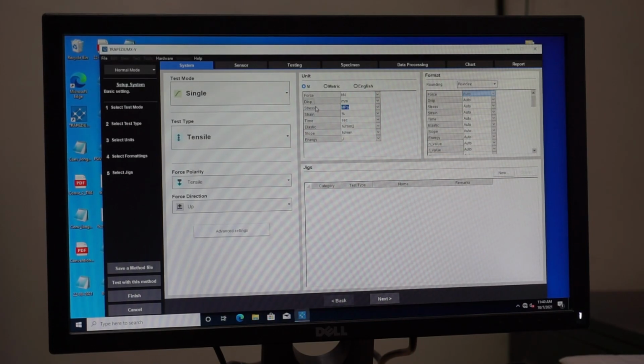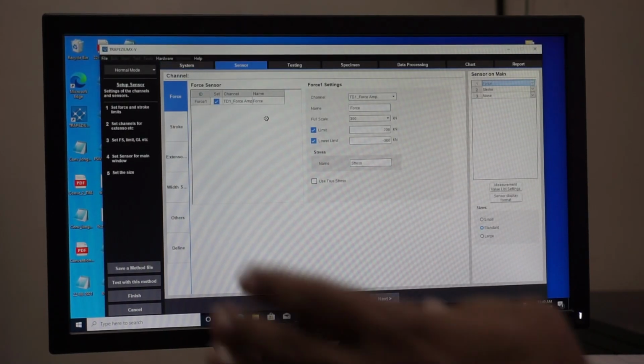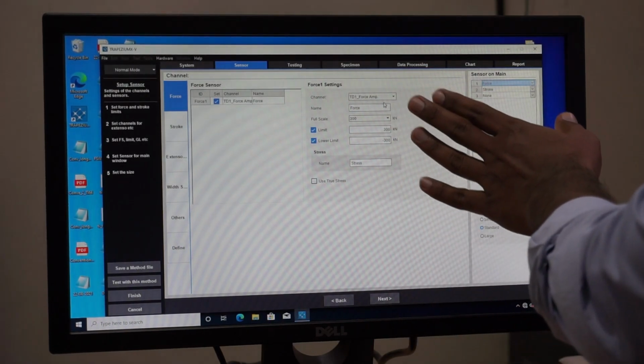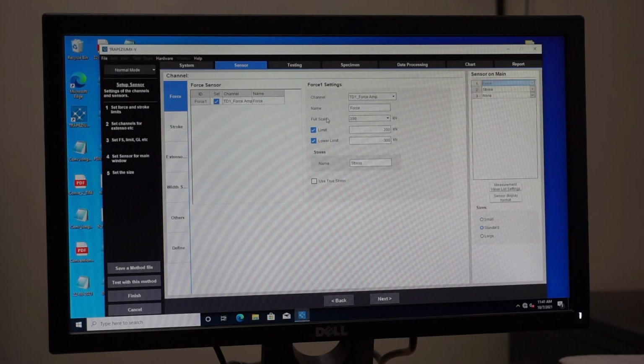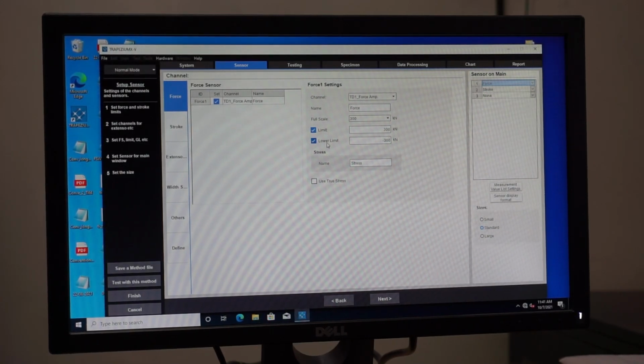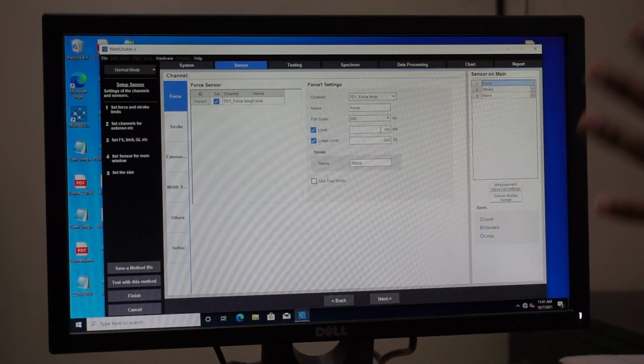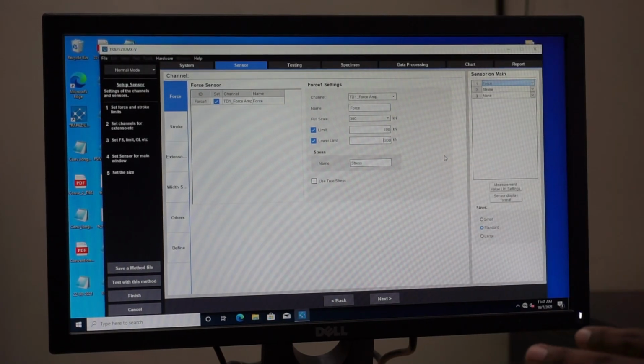These 5 parameters I am going to calculate, and after setting these values, I am going to provide the first sensor. What I already told you is that these are force sensors, because we are going to apply a force. So we just calculate the force here, and the full scale is 300 because this machine has 300 kilonewton capacity. This is the upper and lower limit, meaning in tension this can go up to 300 kN, and in compression also up to minus 300 kN. So I am not going to change this.